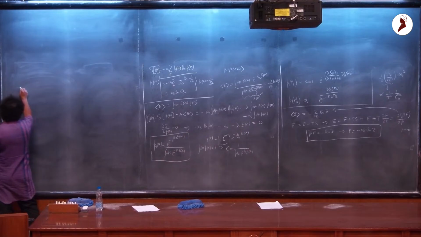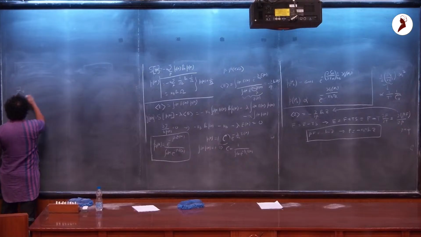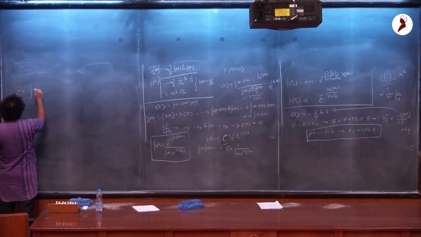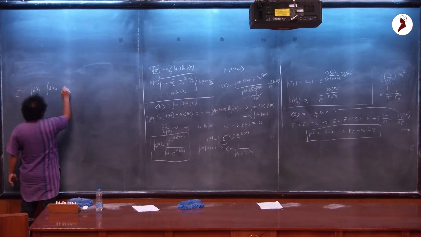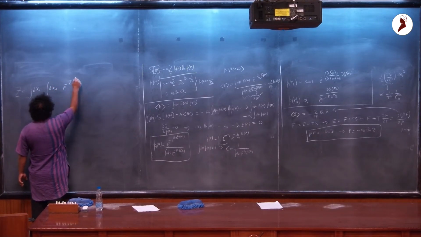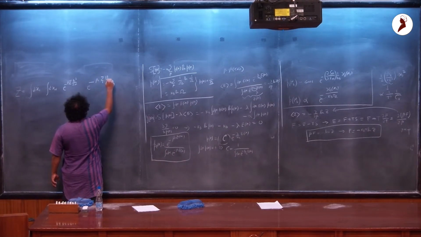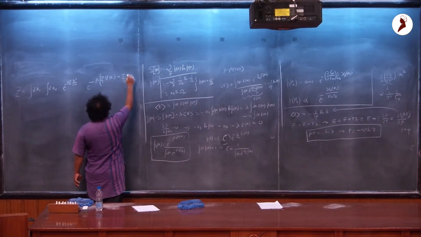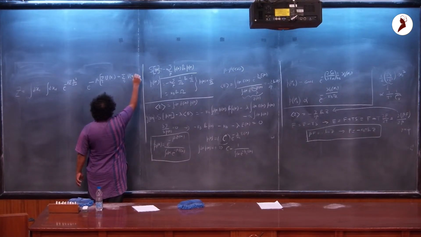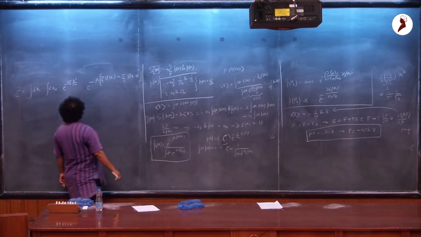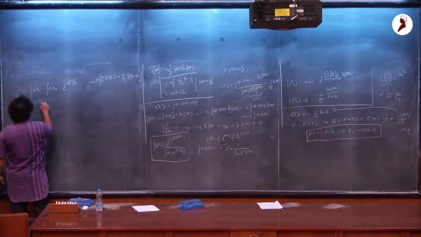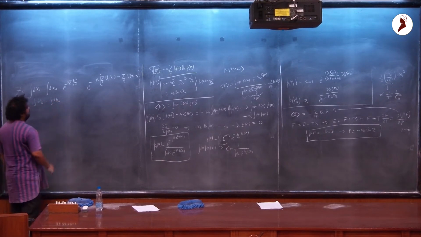Z is basically, let me write it down just to explain the complexity. For an n-particle problem, let's say in one dimension, you have these integrals: the exponential of minus beta times the sum over pi squared by 2m, and then beta times, let's say, these particles are in some potential of xi, and they are interacting with some interaction, and then there is also dp1 to dpn. So you have to perform this multi-particle